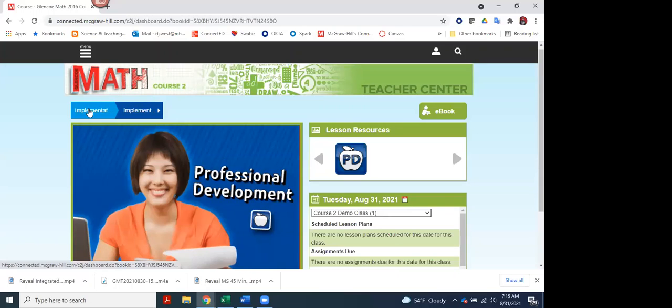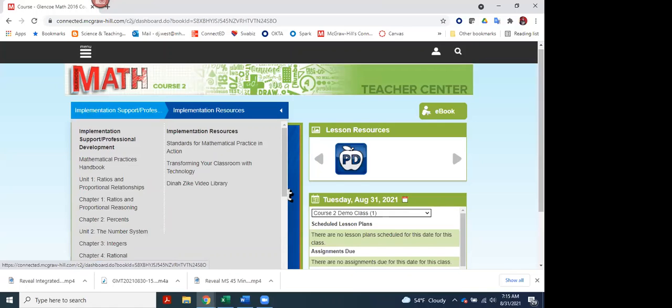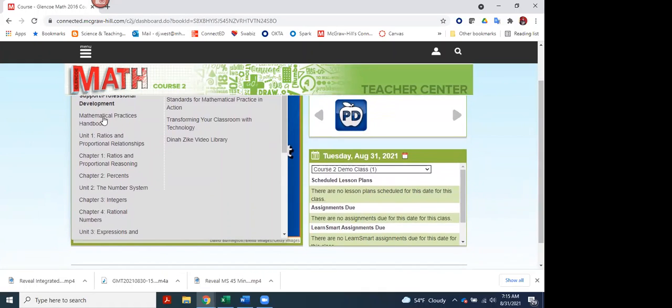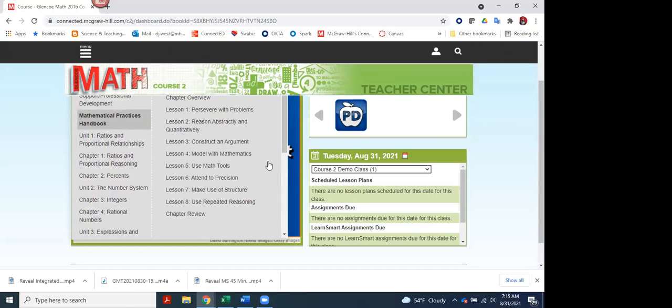You can click here and you can actually use this menu to decide what you want to look at in a course. So here you're going to notice my Mathematical Practices Handbook, units, and chapters. So I'm going to click on Mathematical Practices Handbook. Then what it does is it brings up the chapter overview and all of the lessons that are inside of